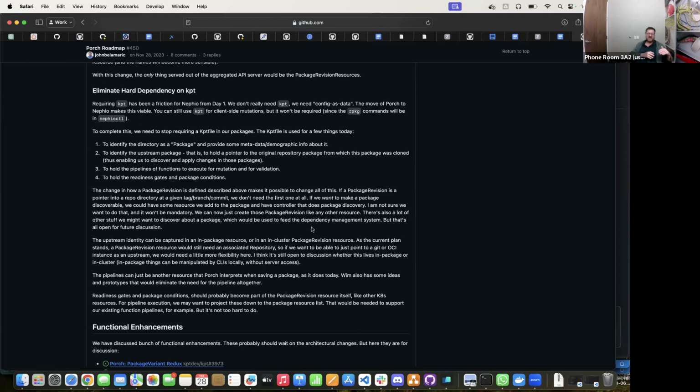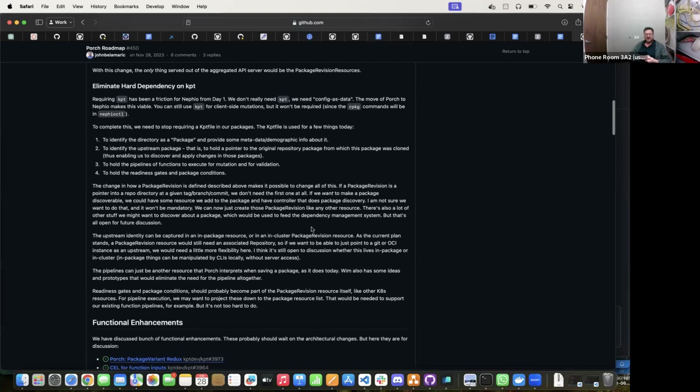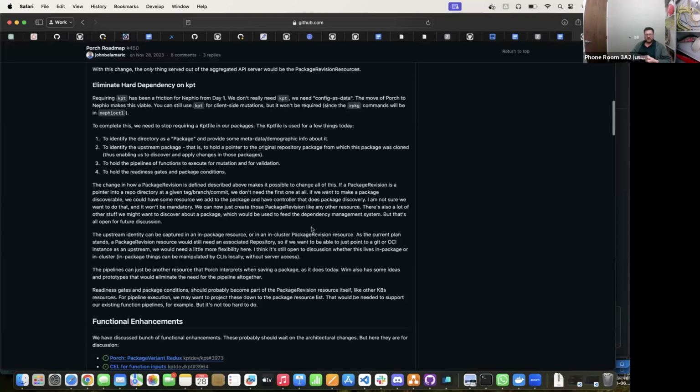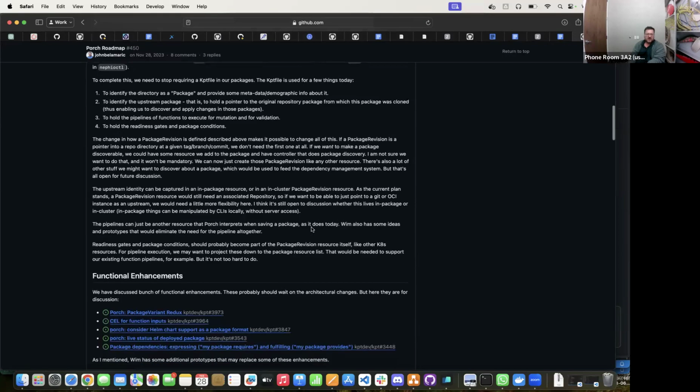If we break these things out into separate, well-defined resources that can be present or not present in any given package, that's basically the idea. And then we would essentially have no strong dependency on kpt anymore, and we'd be able to not have a pipeline if we don't need a pipeline, or use some other tool. So then